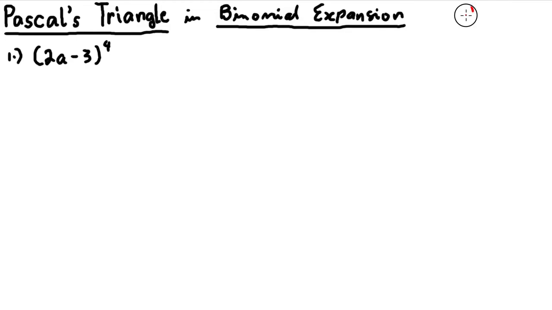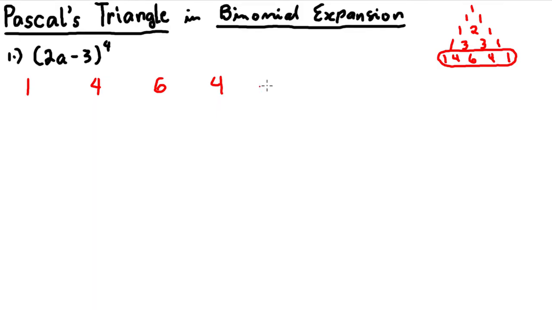So we have 1, 1, 1, 1, 2, 1, 1, 3, 3, 1. And the fourth row is 1, 4, 6, 4, 1. And this is what we need to expand this binomial. So how do we do this? We put first the coefficients. So we have 1, 4, 6, 4, and 1. And as usual, we're going to make this our x, this is our y,